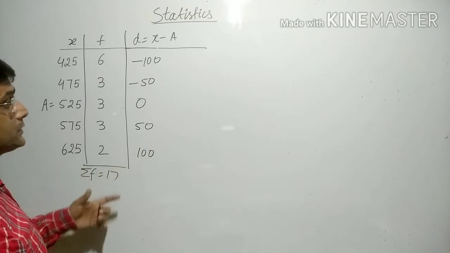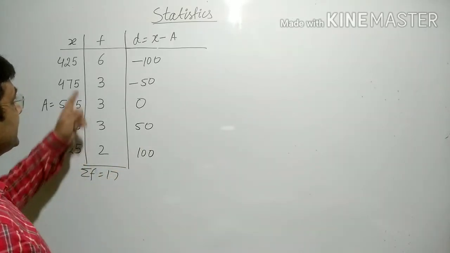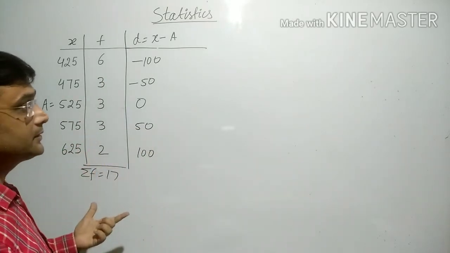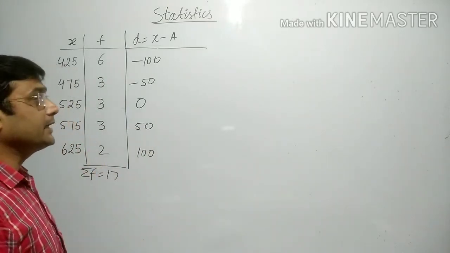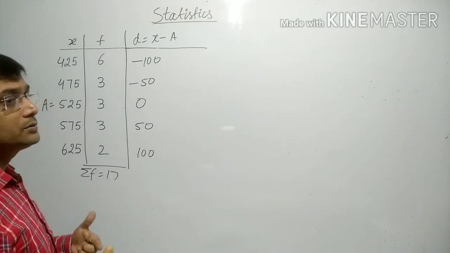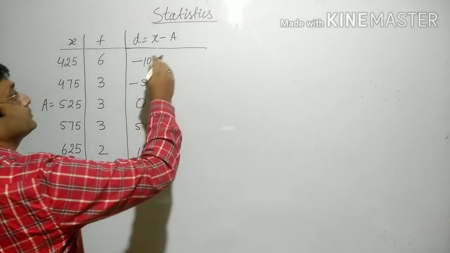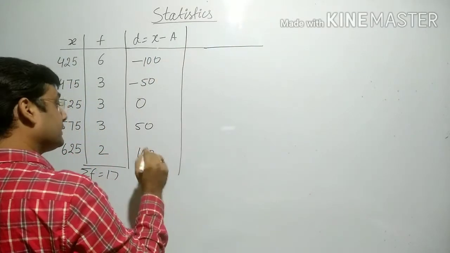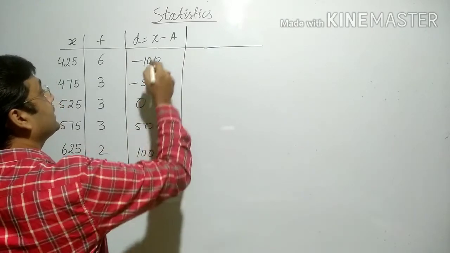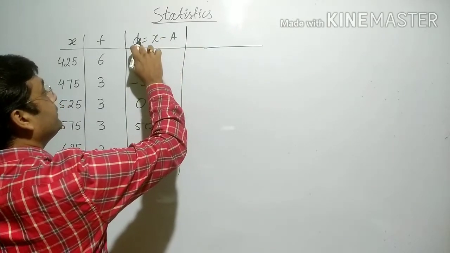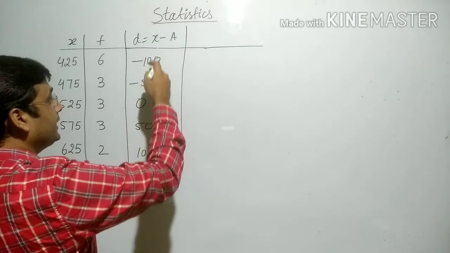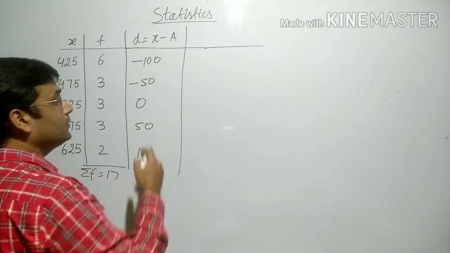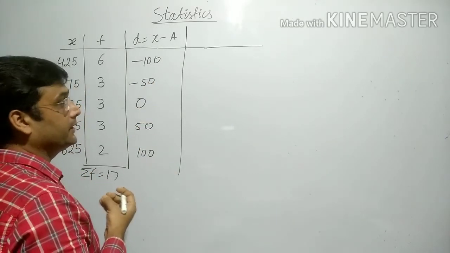If we want to solve this question with the shortcut method, then we will start multiplying both, f multiplied by d, and we can get the answer. But now we have decided that in this question we will use step deviation, so one more step we have to add here. What is the step we will add? Then the calculation will be very easy. How? Let's see. Whatever d we have seen here, we will find a common value by which we can divide these values, then we will get easier data.